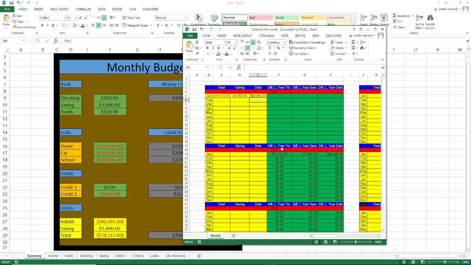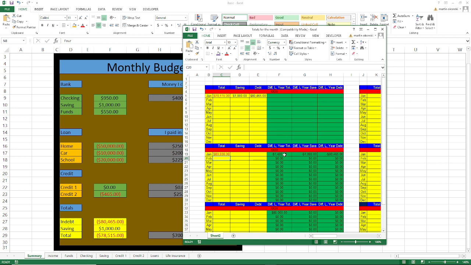Okay. So right here, if your indebtedness goes up, let's say your indebtedness is 80,000 the next year. Oops, I did it again. 80,000.